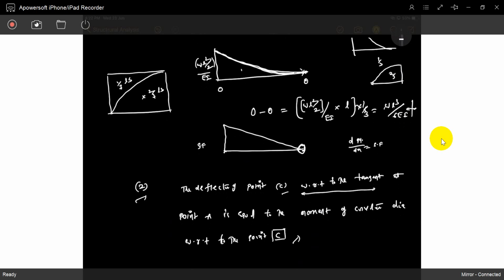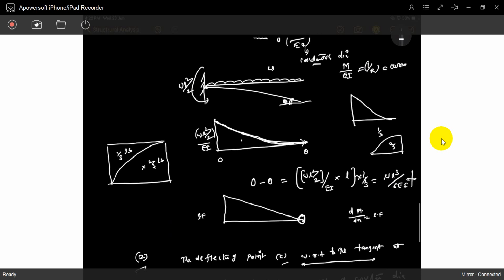So what is C, what is P, what is A? Those are the points we have to choose. For the same thing, I want to find out the deflection at C. This is the point C. Some other reference point, I will choose this point. Reference point is A. So the deflection of the point C with respect to the tangent drawn at point A is equal to the moment of the curvature diagram